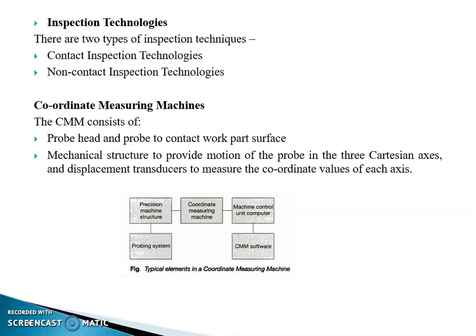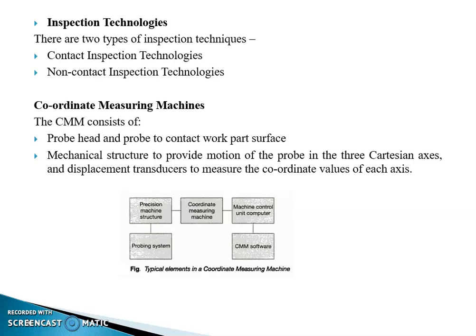standards. In this inspection technologies, particularly the automated inspection technologies, we first look into the contact and non-contact inspection techniques. Conventional measuring and gauging techniques, which are typically manually operated, are outlined, followed by a description of automated techniques. For example, the coordinate measuring machines and the machine vision methodology are discussed, and finally the other optical inspection methods will be discussed. In this, there are two inspection techniques.